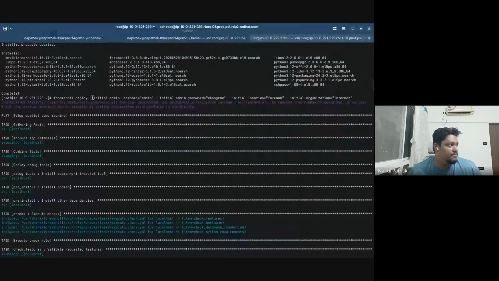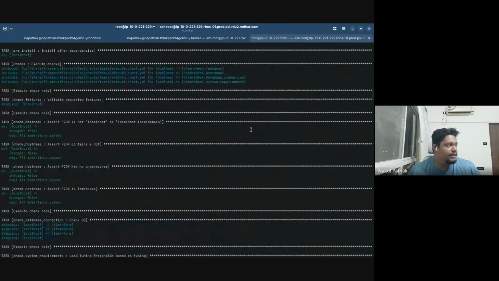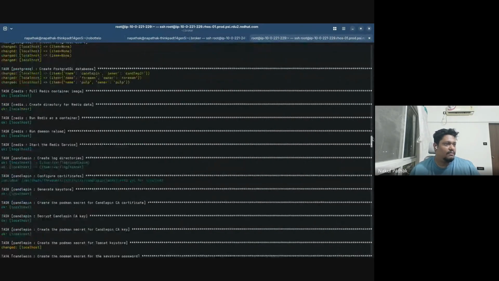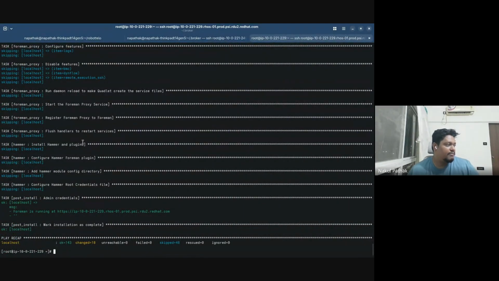Yes. We would start with the initial admin username, providing an initial value, an initial admin password, along with the initial location and organization which we intend to provide. Once we provide it, we will run all the playbooks which are required for foreman-initial deploy. Once it is done, we would get that it has been successful,